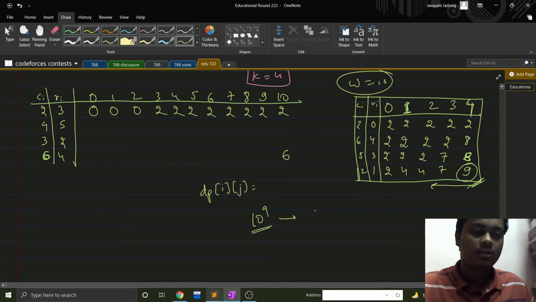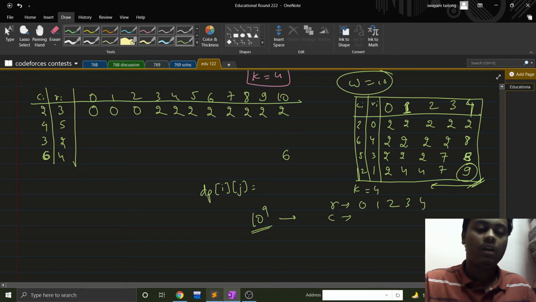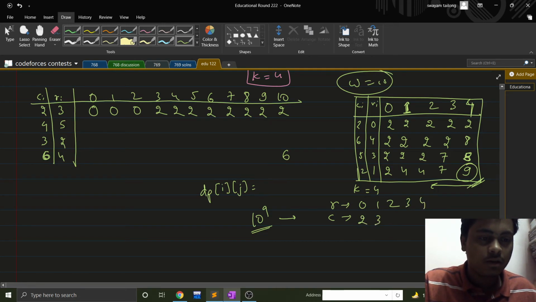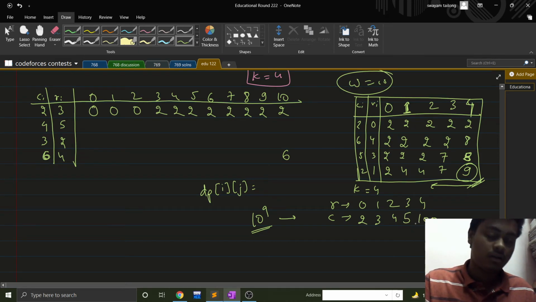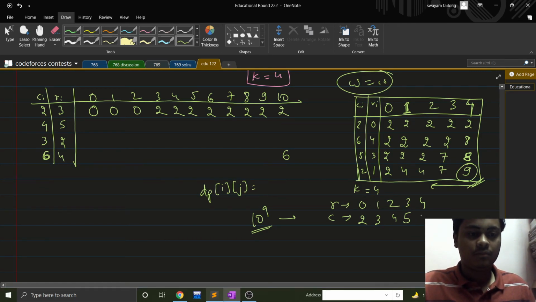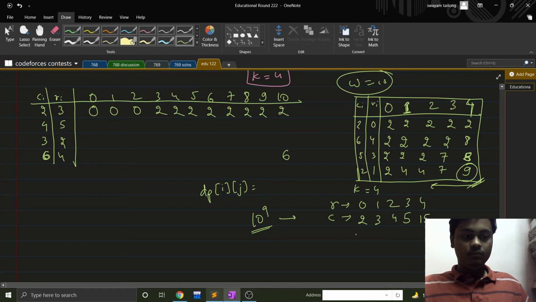But if I have some case like R and C, so my knapsack is of size 4. If I have R 0 1 2 3 4, all values I have, this will give me 2 coins, this will give me 3 coins, this will give me 4 coins, this will give me 5 coins, this will give me 100 coins, or maybe this will give me 15 coins. So in 4 I can either do this, I'll always add. I can do this, I'll get 17,